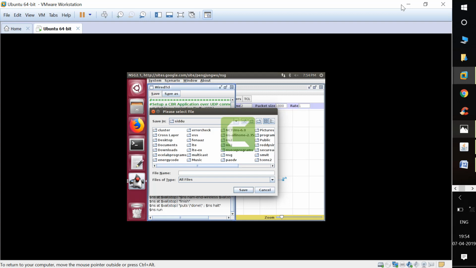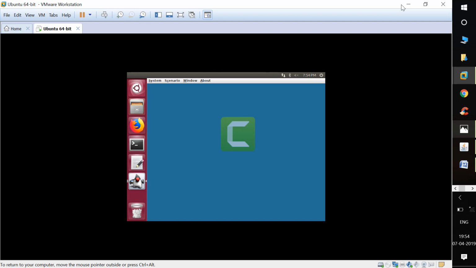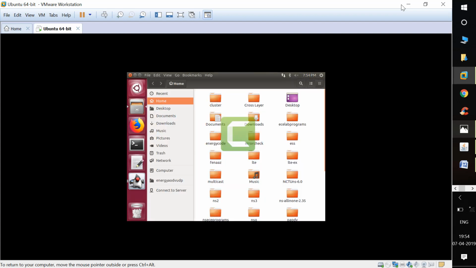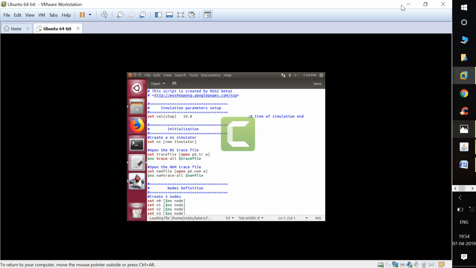File name I will give as lab6.tcl. Save. Right, now the program has been saved. Here is the lab6 program.